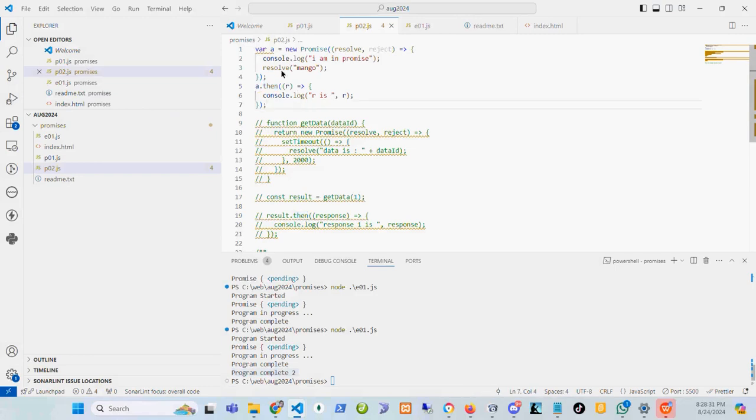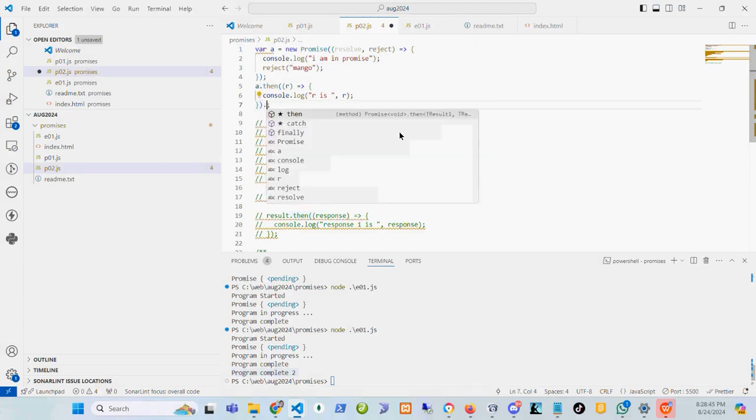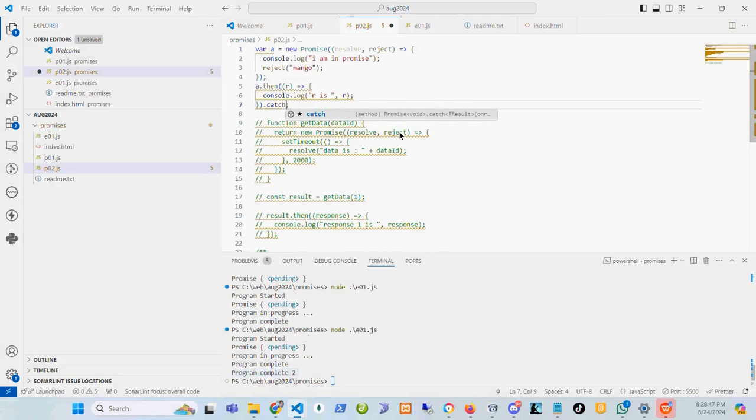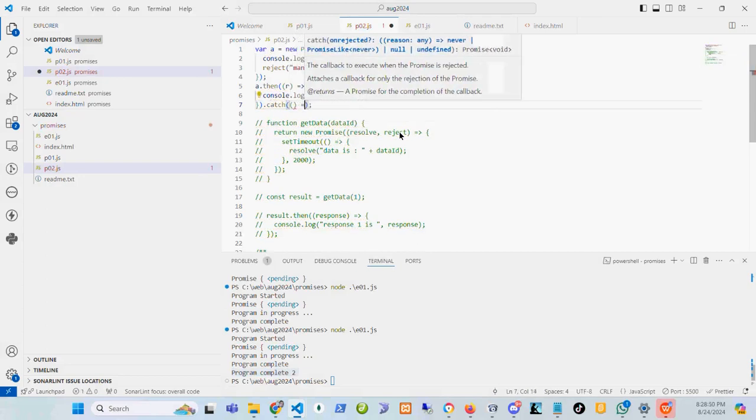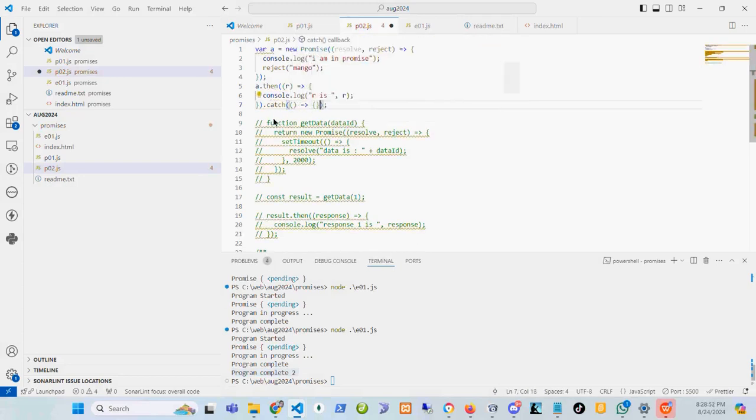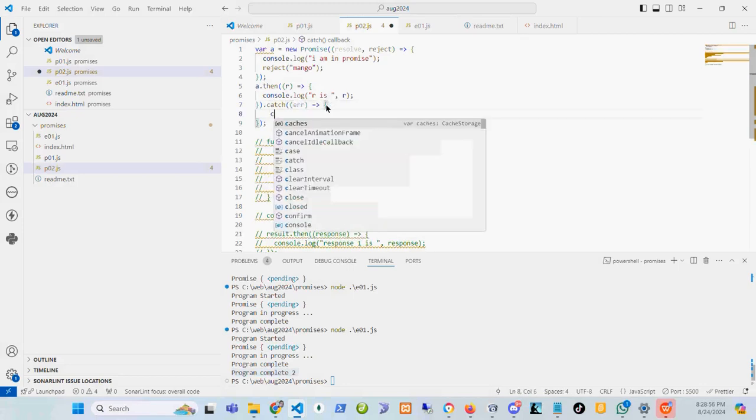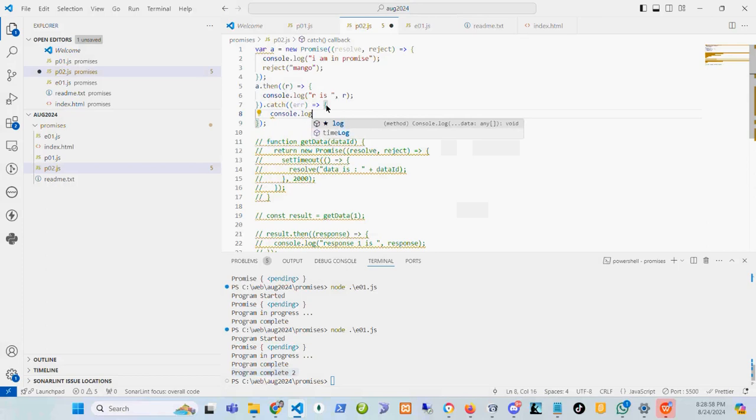just to show the beginning part. So here we use resolve, and we are able to get the result in the dot then. But if I use reject, then it will not go inside dot then, it will go inside dot catch. So I have to put dot catch again here, and I'll put an arrow function inside catch, and here some error will come,